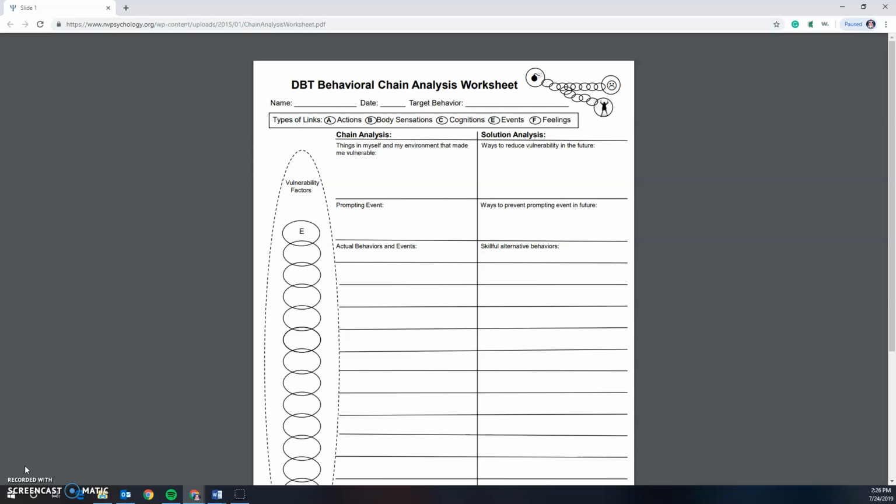So what is it that you need to do for this assignment? First of all, you need to decide what the behavior is that you want to modify or address. So this can be any kind of bad habit. I'd recommend doing something that's not so intense or severe. So if you've got a bad drinking habit, maybe don't necessarily start with that for this assignment. You certainly can if you want to, but maybe something like sleeping in late or going to bed late or procrastinating your homework